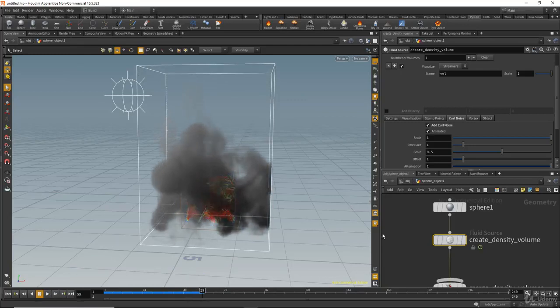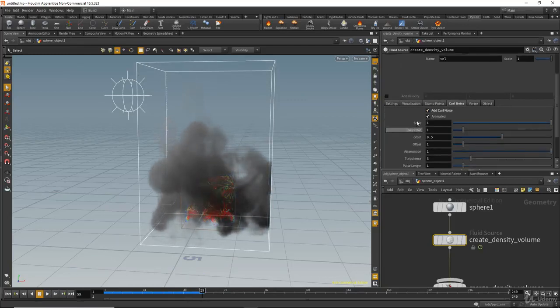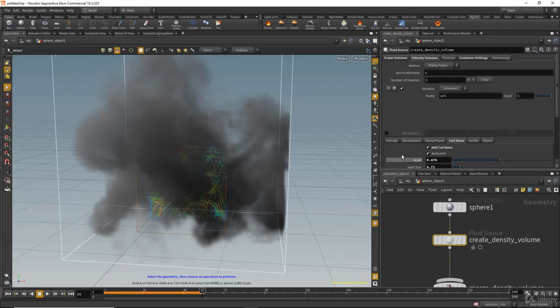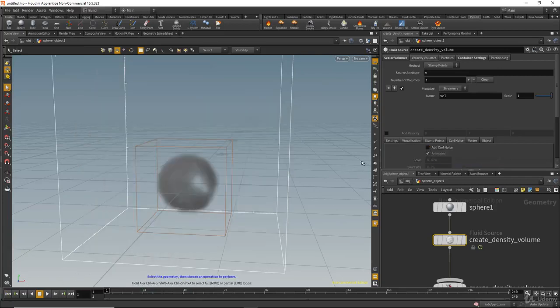So let's go back to the curl noise. Here you can scale the noise, and you can add more swirl to that or more turbulence. And another thing, if I click on add curl noise and turn that off and go back,